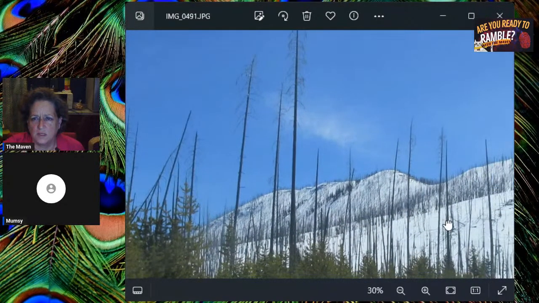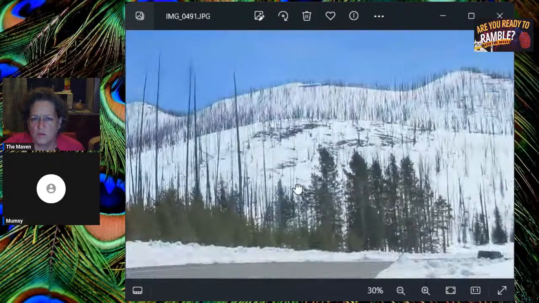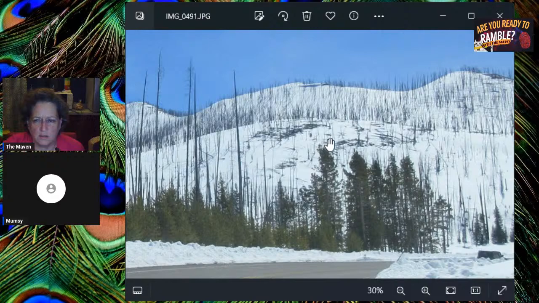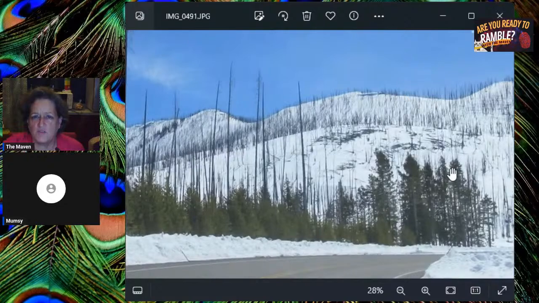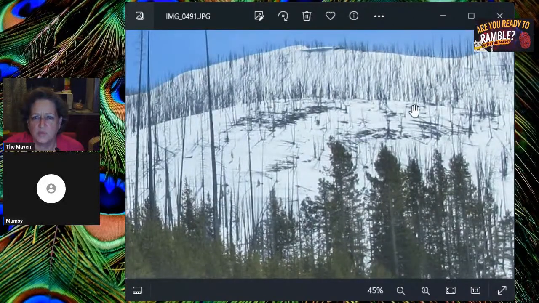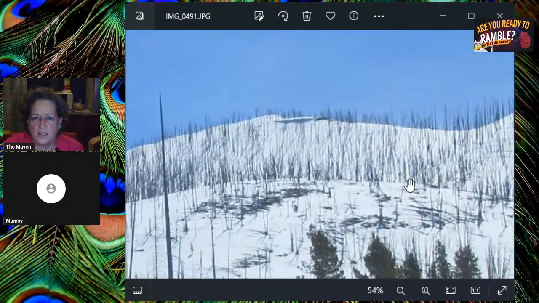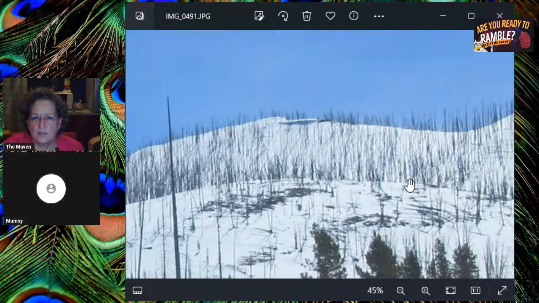Yeah, I don't think so. This whole mountain is like that. I think it's like a bark beetle or something. He says a previous fire will make it look like that. Well, that sounds good.